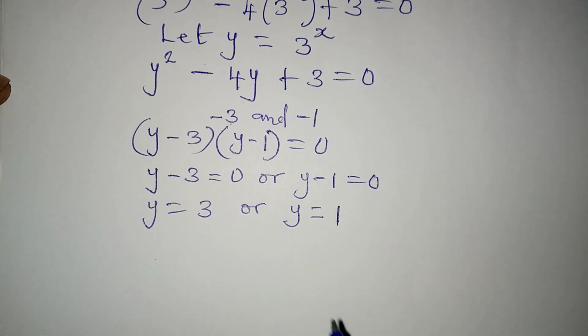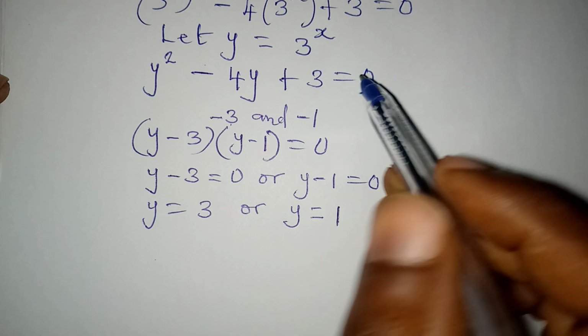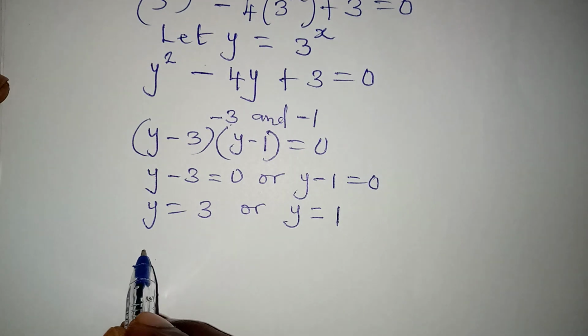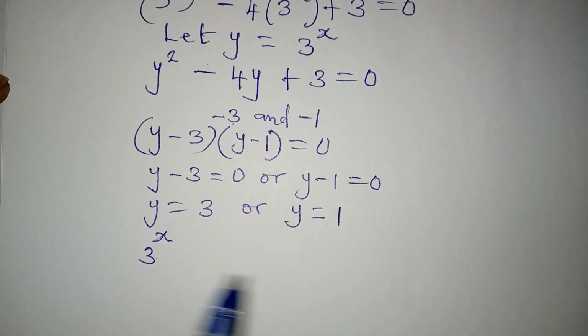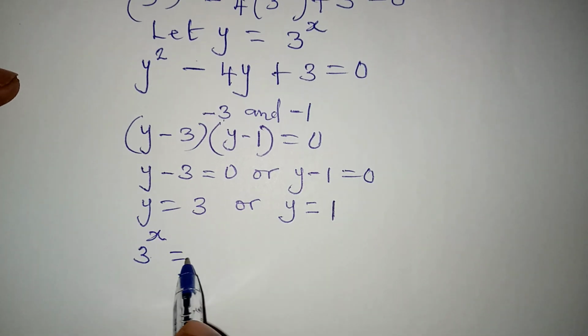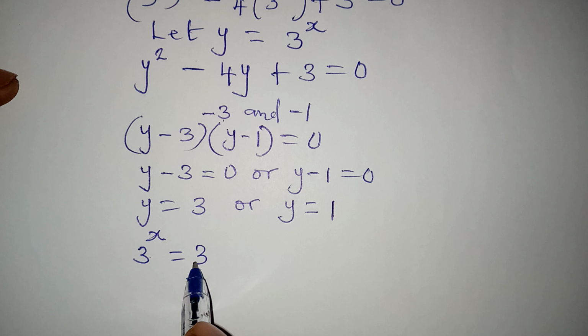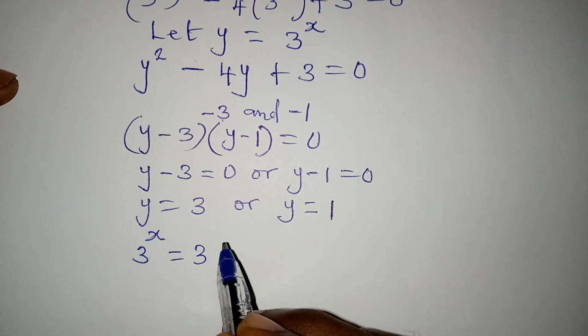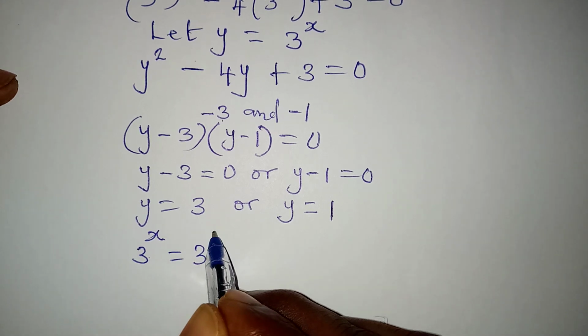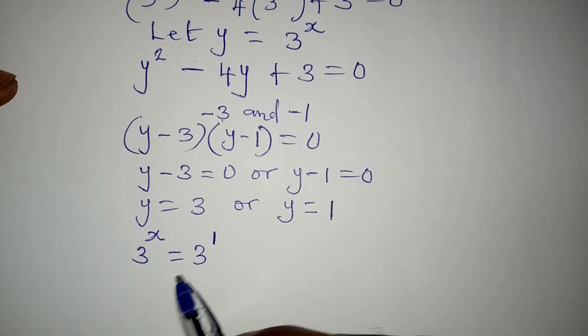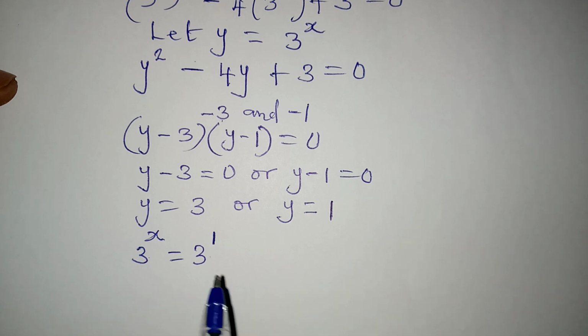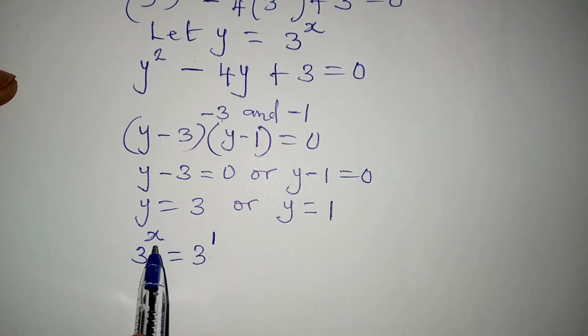But do not forget that we said y is equal to 3 to the power of x. So here now I'm going to have 3 to the power of x in place of y, and this is equal to 3. But do not forget that 3 is the same thing as 3 to the power 1, because any number to the power 1 is itself. Now the bases are the same, we work with the powers. So x is equal to